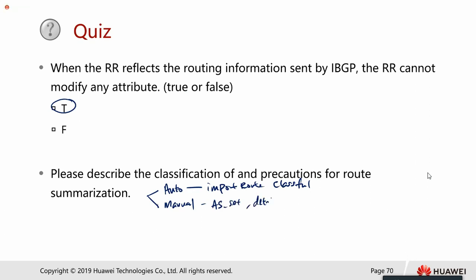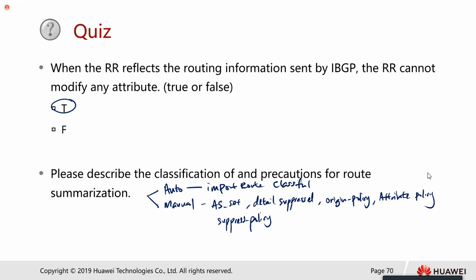detail suppress. And what else? Origin policy, attribute policy, and suppress policy. So all these features can be added inside manual summarization, and you might need to be aware of them and take some precautions,